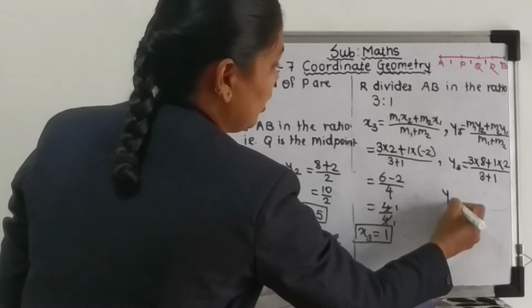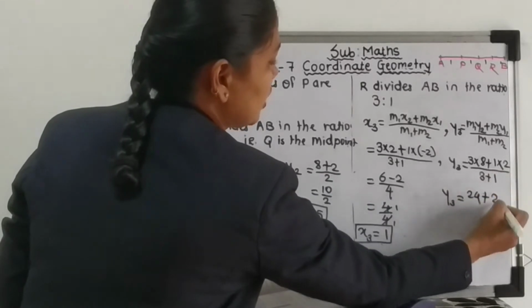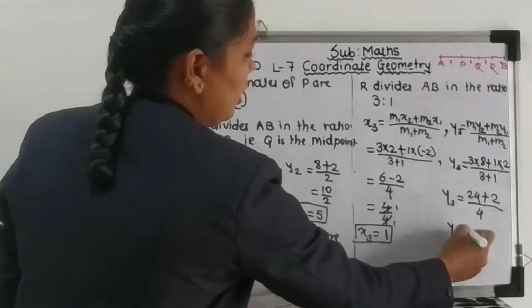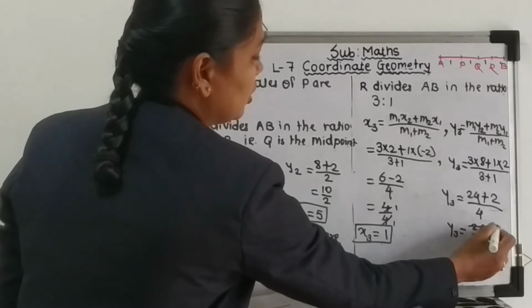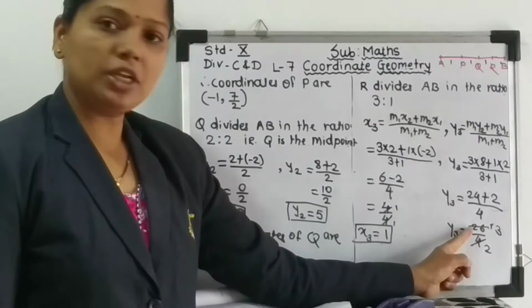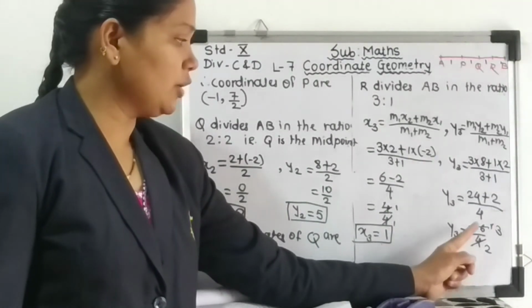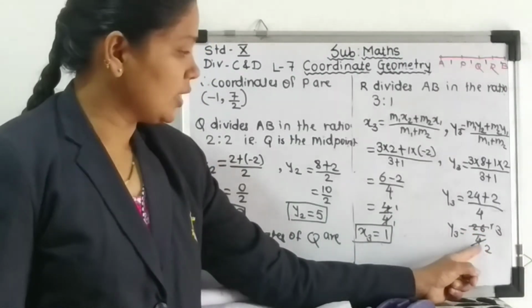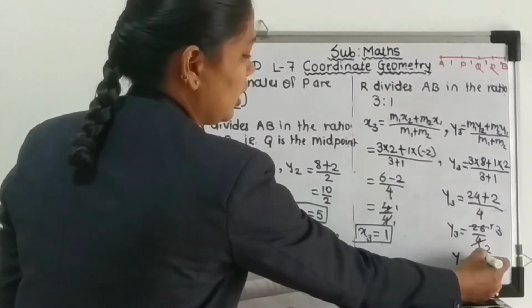So we got here y3 equals 3 8s are 24 plus 1 2 is 2, and that 3 plus 1 is 4. So y3 we got 26 upon 4. So 2 2s are 4 and 2 13s are 26. In the same table we are going to see, no? So 26 comes in the 2 table, or 26 is divisible by 2. So 13 we got. And 4 is also divided by 2. So that's why we have divided by 2 here. So our y3 we got 13 upon 2.